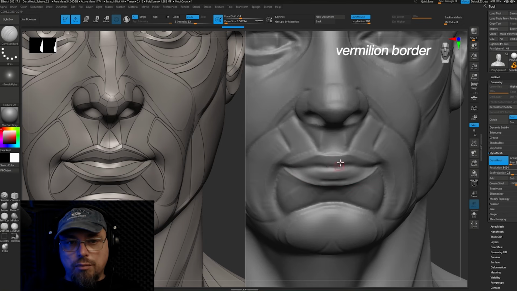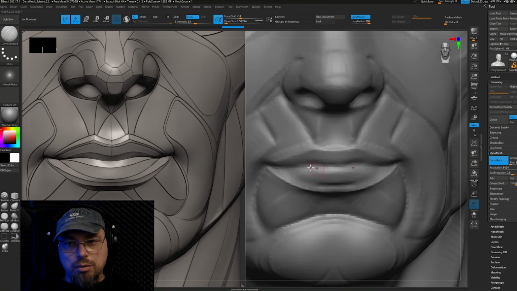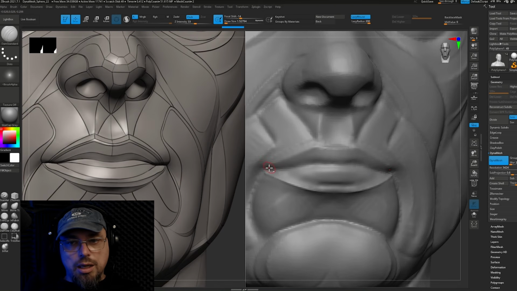Okay, vermilion border. Vermilion basically is the red part of the mouth, or red part of the lip. It is kind of like the inside structure visible on the outside, and the border between this red and the facial skin is called the vermilion border. It is important to mark this vermilion border because it helps us to navigate, and it also has its own